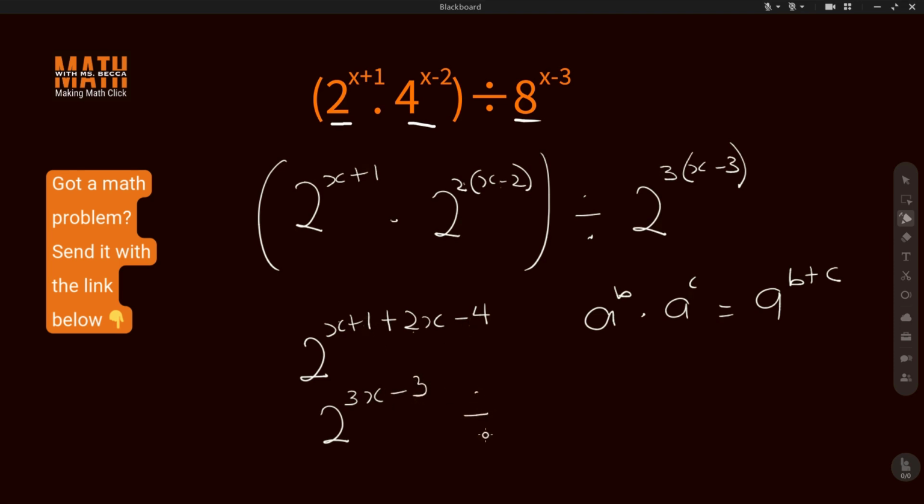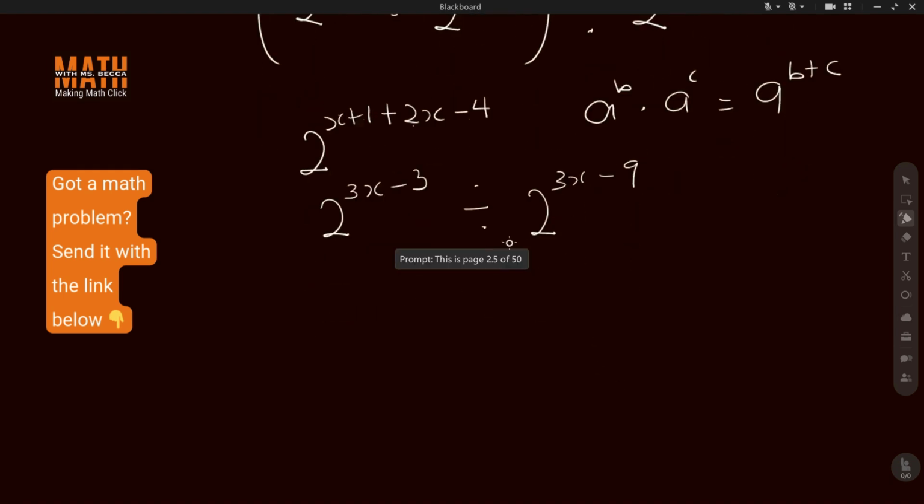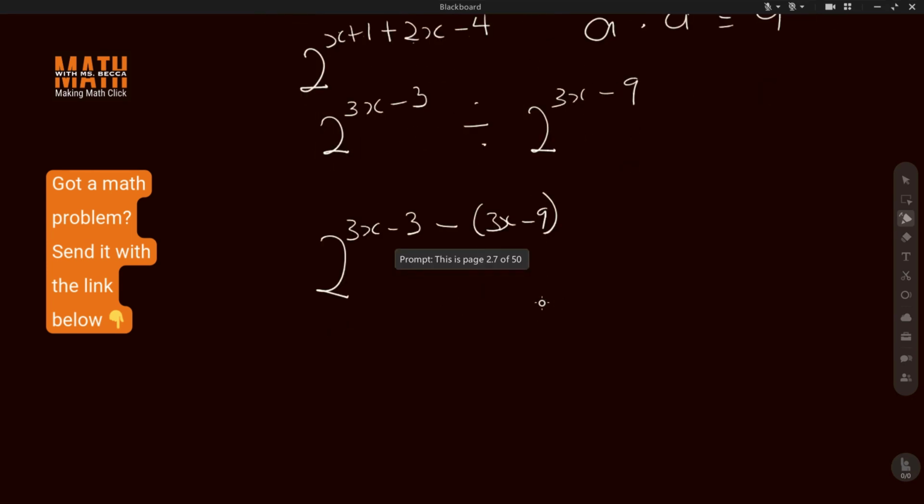Then don't forget that we still have divided by 2 power. Let's simplify this. 3 times x, that's 3x, then minus 9. Now let's do the same thing for this one. Now we're having division, that means it will become minus. So we have 2 power 3x minus 3, then minus 3x minus 9,